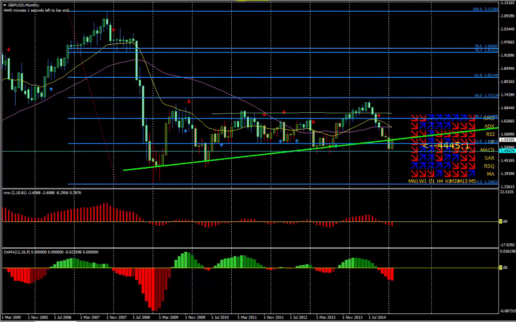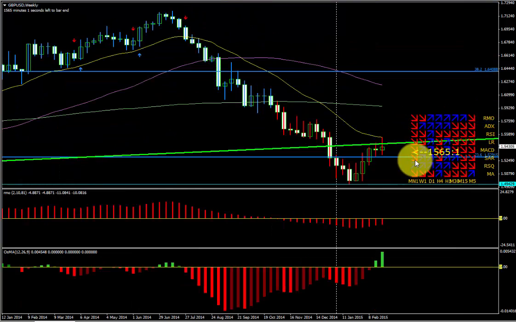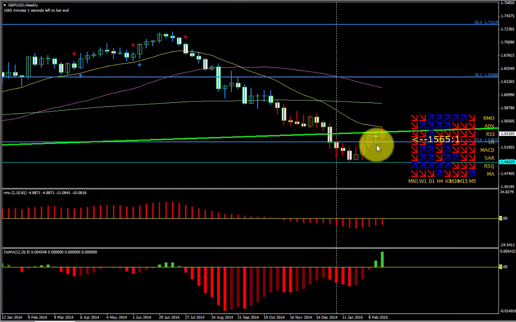That failed to materialize, and we failed to see any weekly candles closing lower. Just going to show you that on the weekly time frame. There we go. You can see that we saw 1, 2, 3, 4, 5 consecutive weeks now of upside bias. And that bias is now, you can see that price is actually consolidated back above the 23.6 level, but also at the underside of that monthly support trend I